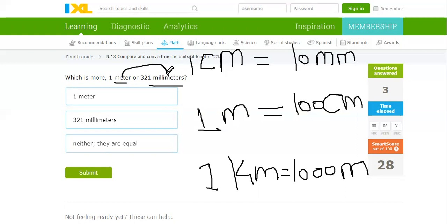I know that 1 meter is 100 centimeters, but I want it in millimeters. Each centimeter is 10 millimeters, so I'm going to multiply the 100 by 10 to get 1,000